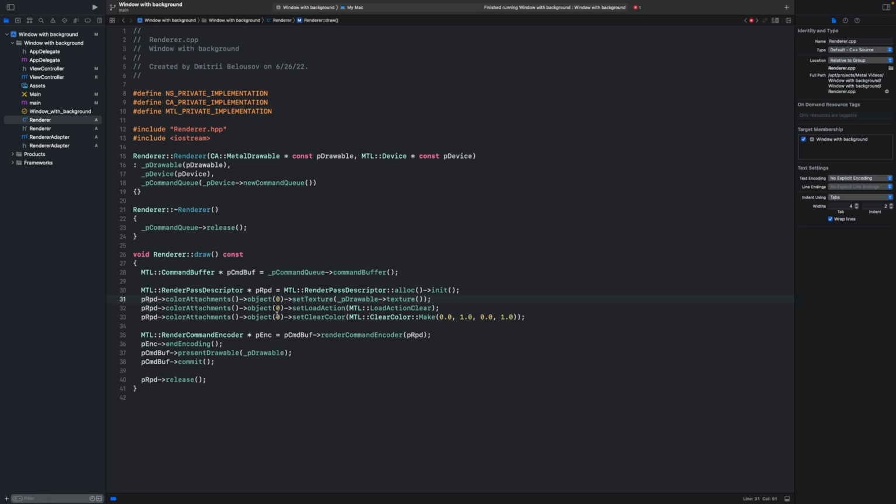And the actual code that sets the background of the window to green is actually these two lines. And what they do is tell the GPU to fill the texture with the color that we define here, and that is green color. Next we use a render command encoder